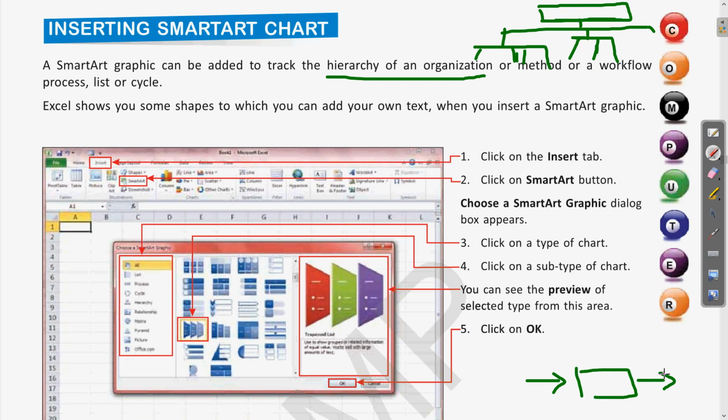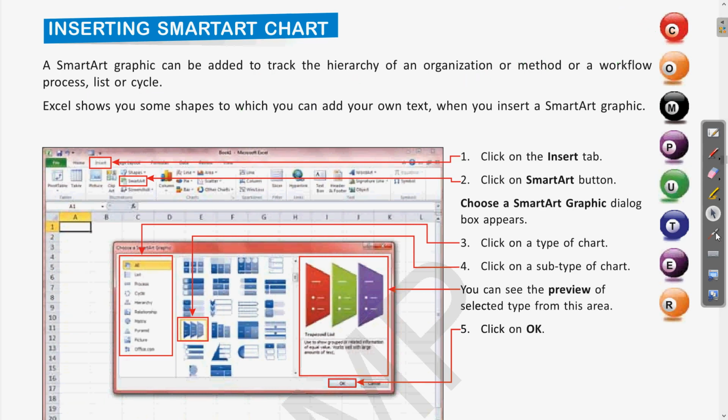In the same way, if there is a list or multi list, we can click and open those lists, or if there is any cycle to be represented. In these arrows we will also need to write any value, any text. So these all can be done using the SmartArt chart. We will see how we can include and write these things.